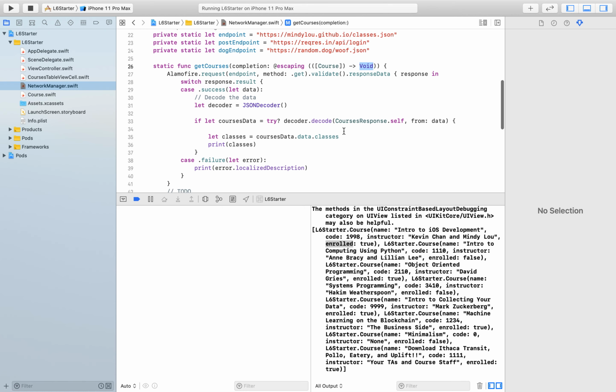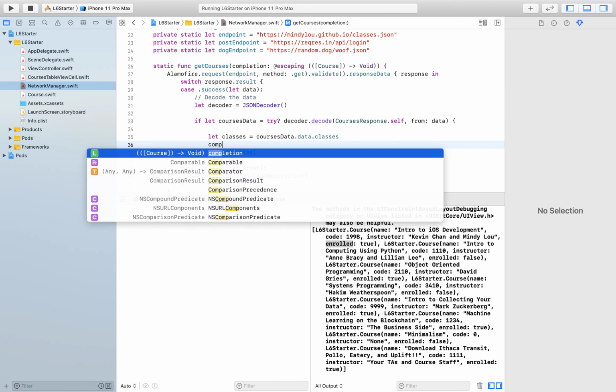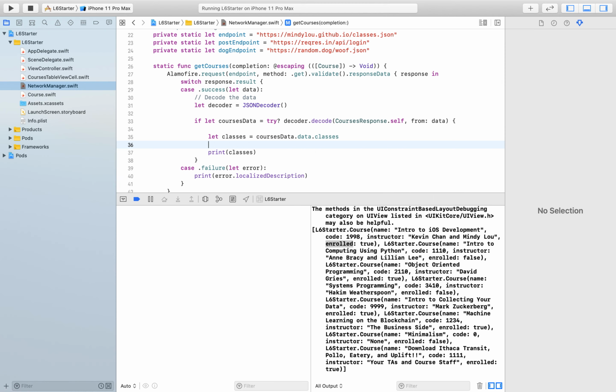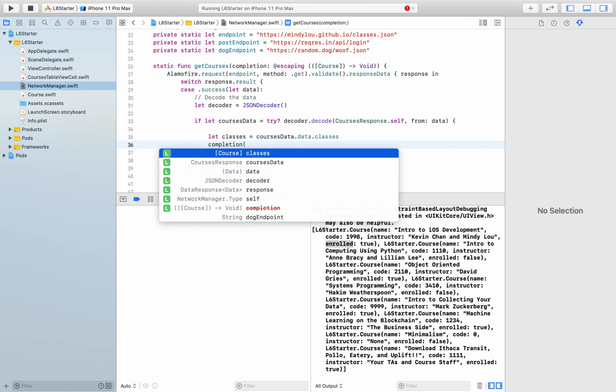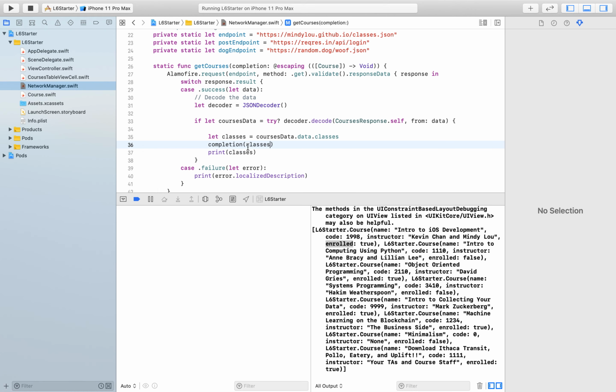And so now we want to be able to call that completion, and to do so, one thing I'll highlight, you'll notice that this type is also the same here, and so it takes in this array of courses. And the way we call it is the same way we call a function, and so we'll just call